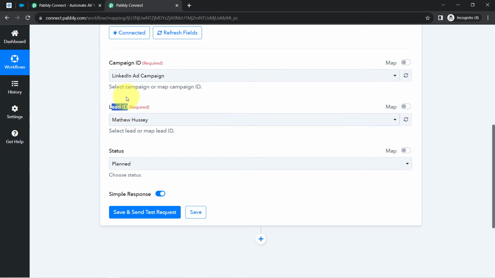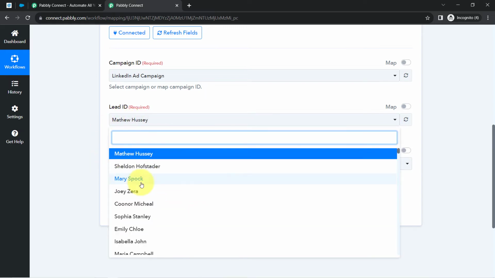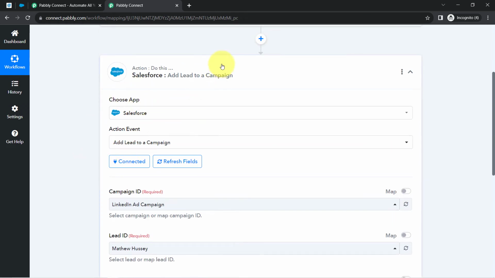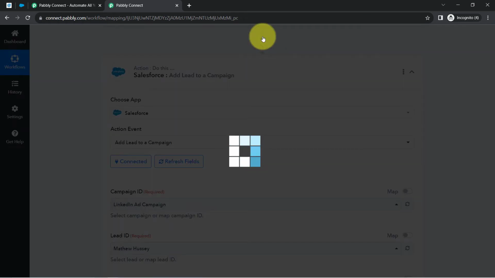So because I am adding completely new leads from my LinkedIn ads to the Salesforce campaign, I cannot select any existing ID from here. Okay, so from where can I get this lead ID? So firstly, I will have to create a new lead in my Salesforce campaign, basically in my Salesforce dashboard. And once that lead is created, of course that lead will have a lead ID, so I will map that ID here. Okay, so before your Salesforce step, you'll have to click on this plus icon once again,